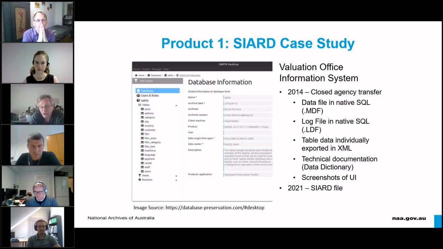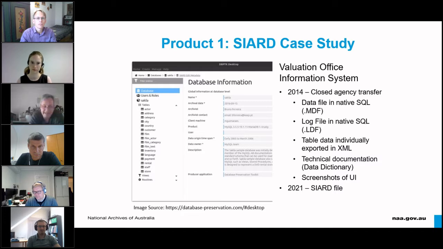So we used the AVO database I mentioned earlier, for which we had the native SQL. Of course, the database preservation toolkit must connect to a live version of the database. So we imported the native SQL files into an instance of SQL Server and used the database preservation toolkit to create the SIARD file.